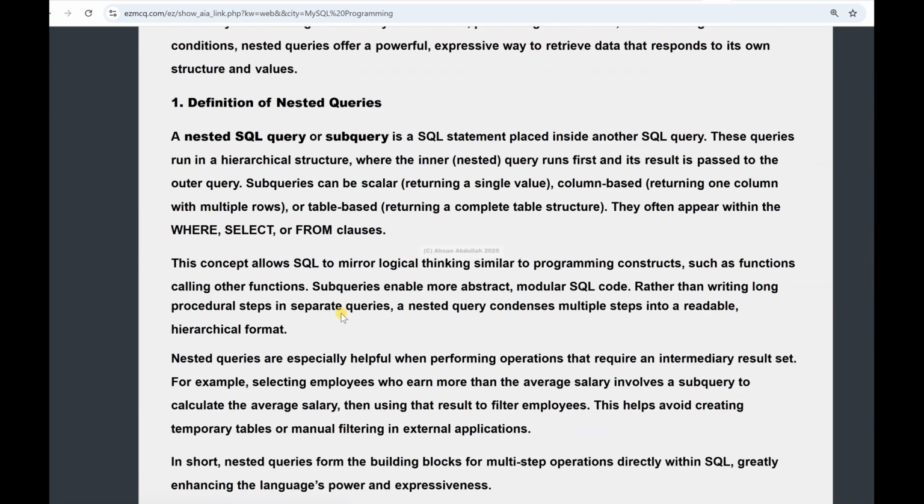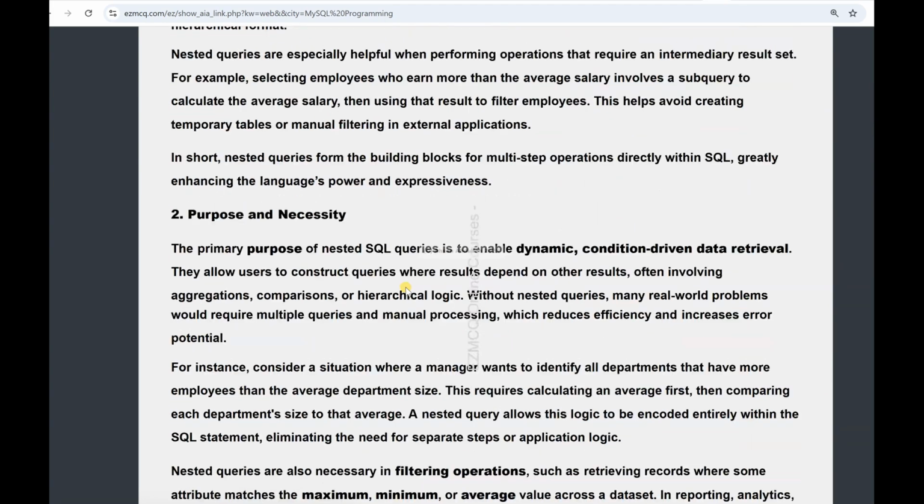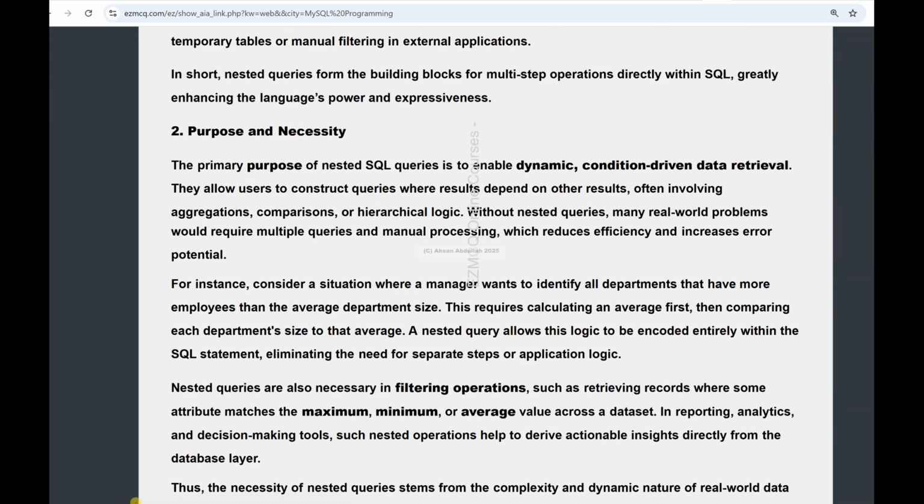So now you know what a nested query is. It is a subquery, okay, and this could be returning a single value, or one column with multiple rows, okay, or a complete table structure, right? So this can be very powerful also, powerful in the sense of deep drilling of the data. And it enables dynamic, condition driven data retrieval. Condition driven data retrieval means that